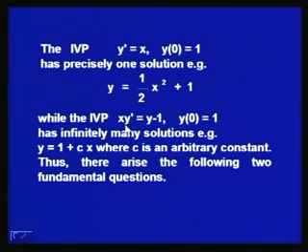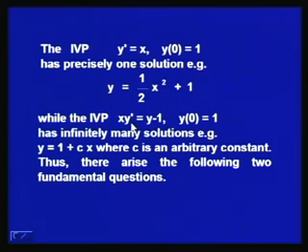If we consider the initial value problem x y dash equal to y minus 1, where we are given y 0 equal to 1, then we can see that it has infinitely many solutions. You see, if you take x equal to 0, then y is equal to 1 follows from the differential equation x y dash equal to y minus 1 directly. So, let us take x not equal to 0, divide this differential equation by x, and then write dy by dx equal to y by x minus 1 by x.